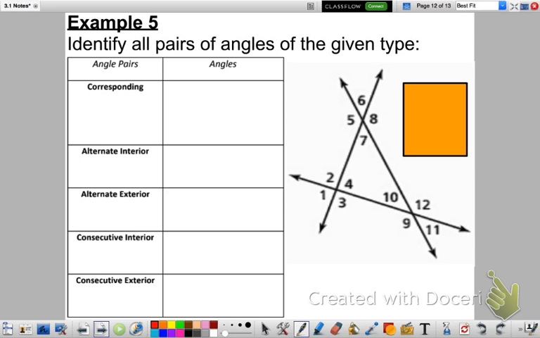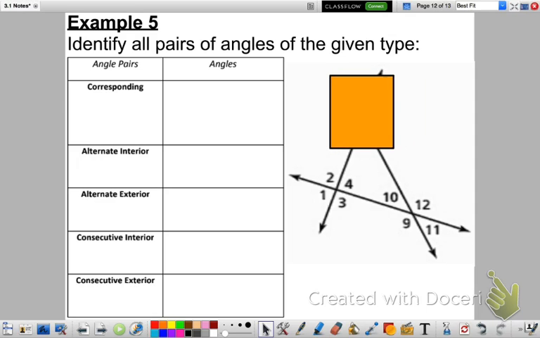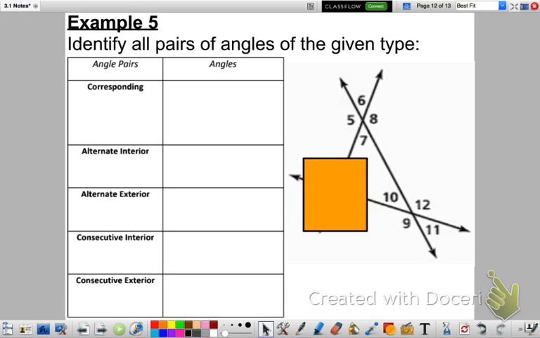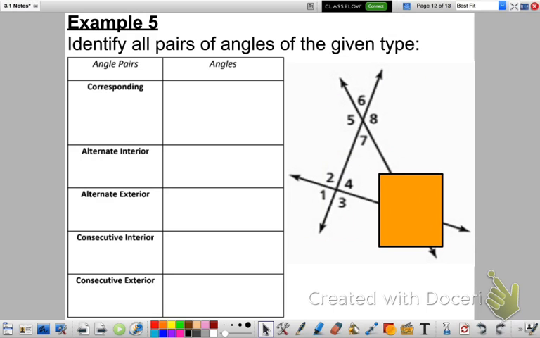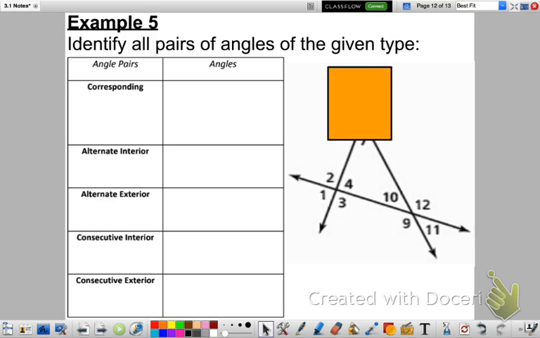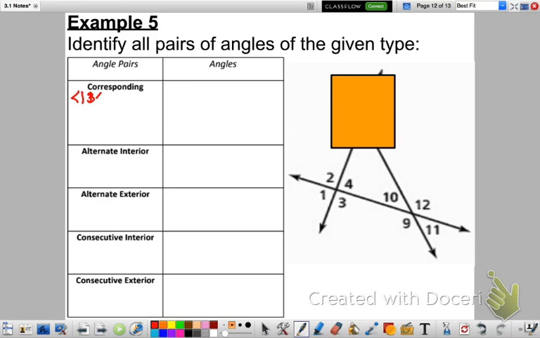Okay, lastly, example 5. We are going to use this orange rectangle to cover one set at a time so we can work with the other two. I'm going to show you how to do this, and then I'm going to let you have a shot. I'm going to cover the top set. You can use a sticky note. That works perfectly well. The corresponding angles here would then be left as 1 and 9,